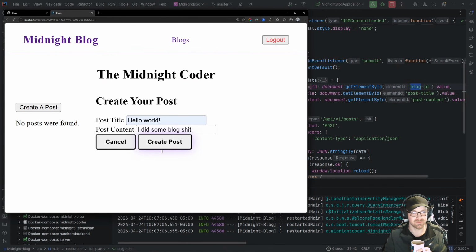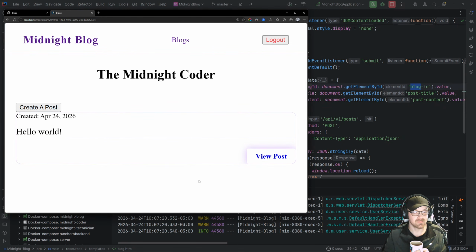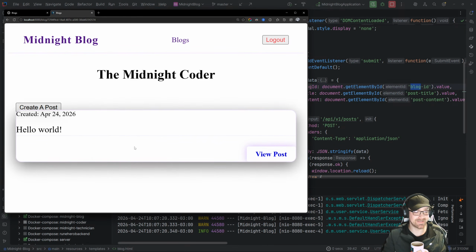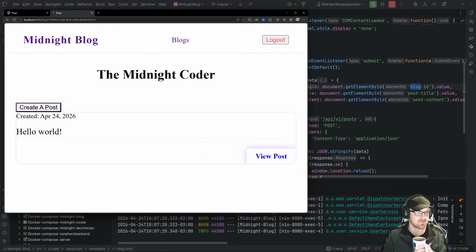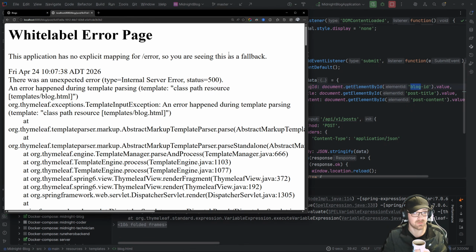So now if I hit create post, probably not going to do anything because I got to reload the page. Create a post. This is going to be hello. I did some blog stuff, and look at that. Got it. I did it. Okay, so I don't like that this overlaps that button. I got to move that button somewhere. But the idea is now there's this, and now I can click on this, and I get an error because